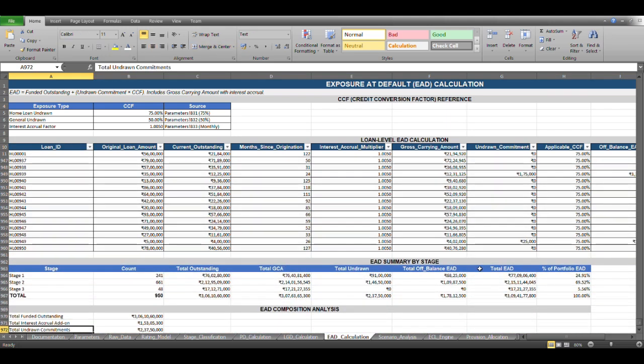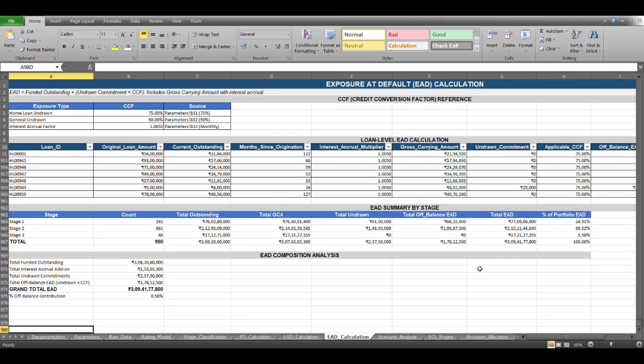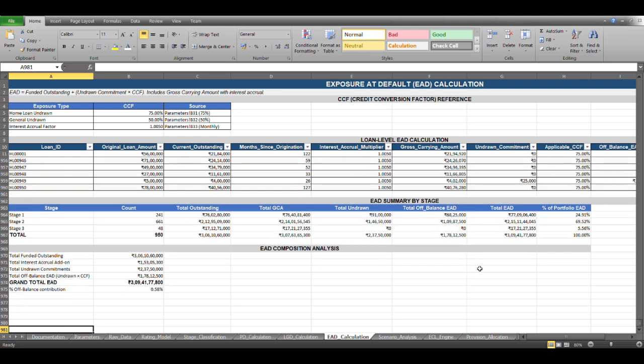So once we have that, then to create a table is better for our visualization purposes as well. So basically this EAD summary covers a portfolio of 950 of the total accounts with a total exposure of, as we have seen, 3.09 of total exposure, right? 3.06 or 9, something related to that.